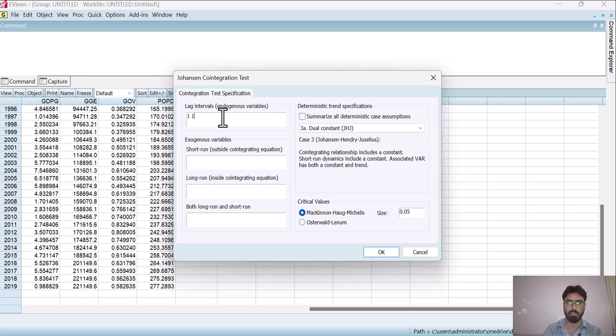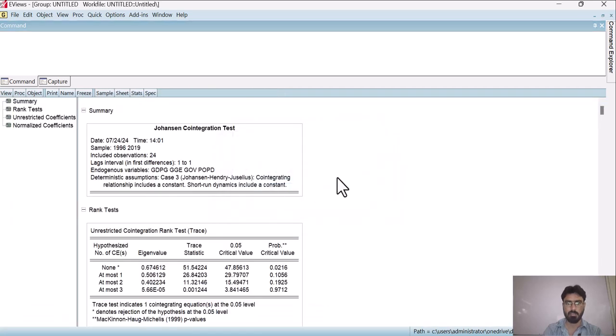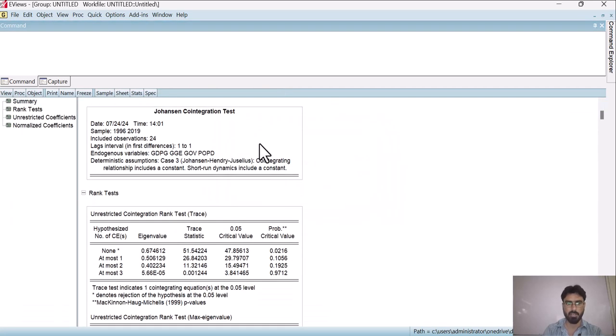I am going with the lag interval of 1 and click OK. So here you can see that it gives us the Johansen cointegration test, it tells us about the variables which we have selected, and it shows how much lag we have included in our model.